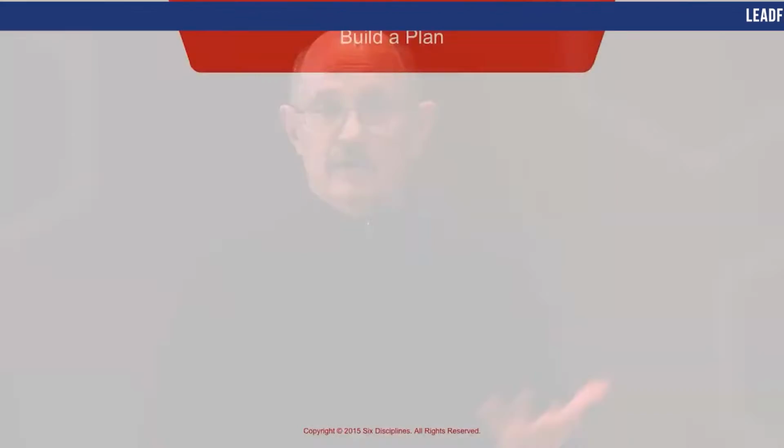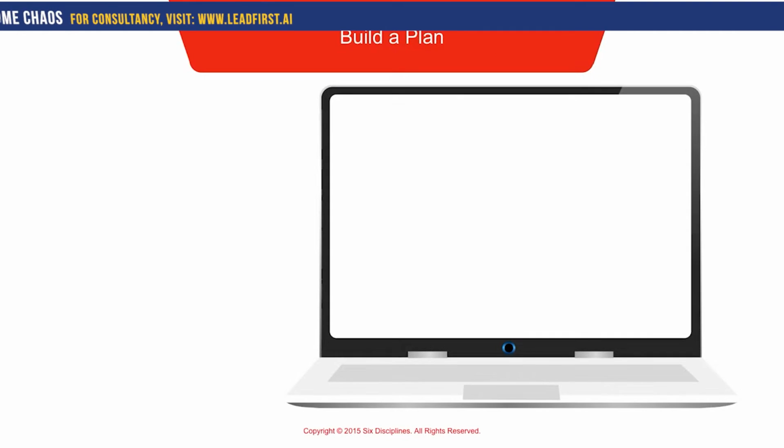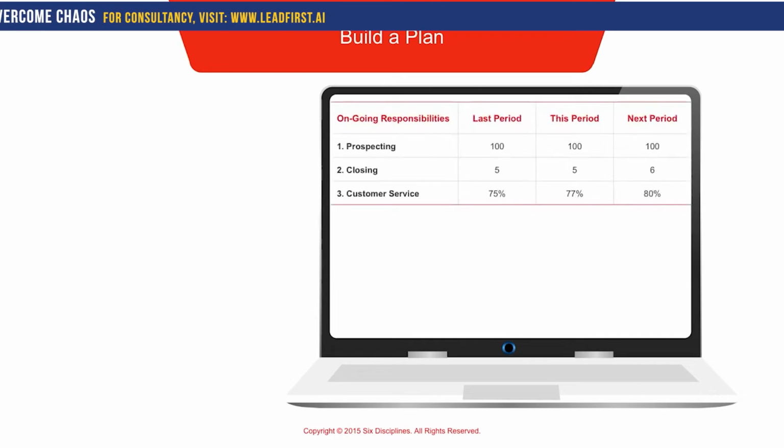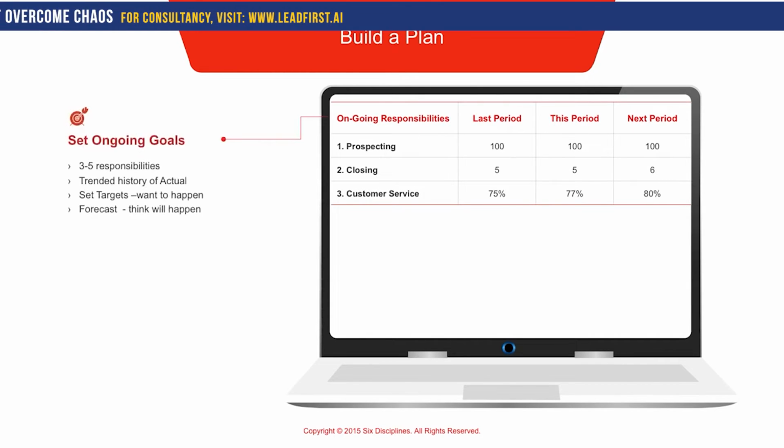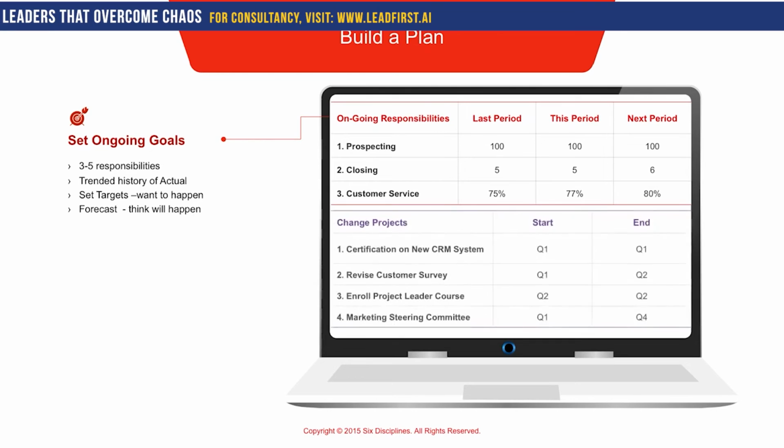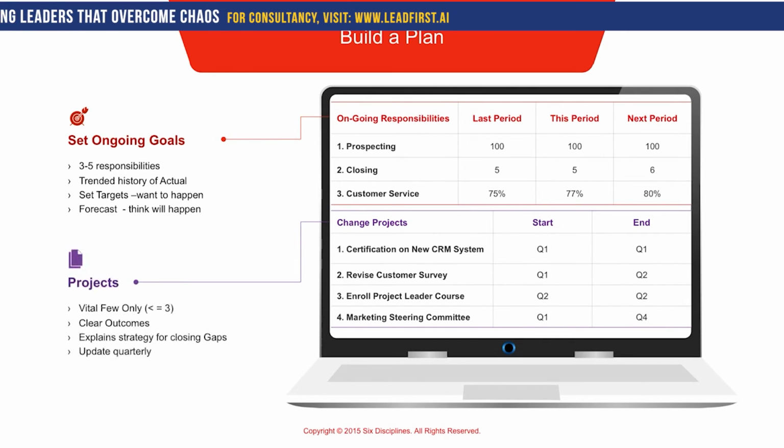And so the technique that we've developed over the years that works pretty well is to separate a plan into two components. One part represents the ongoing responsibilities, and we call these ongoing goals. There are typically 3 to 5 of these that represent what you're responsible for as an individual or what a department is responsible for. And then the second part of the plan is a series of projects that describe what needs to change in the organization. And so you're always balancing the resource required to run with the resource required to change.